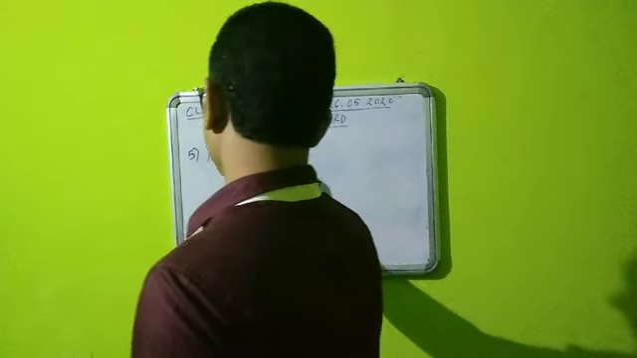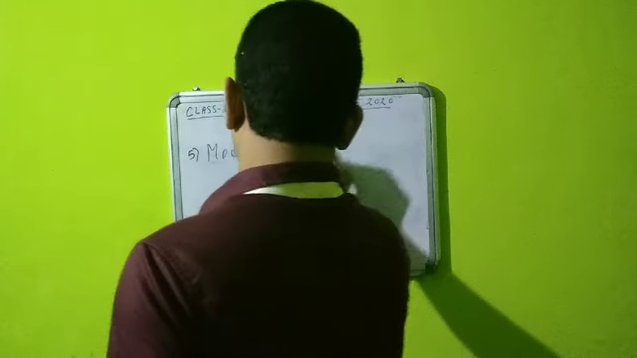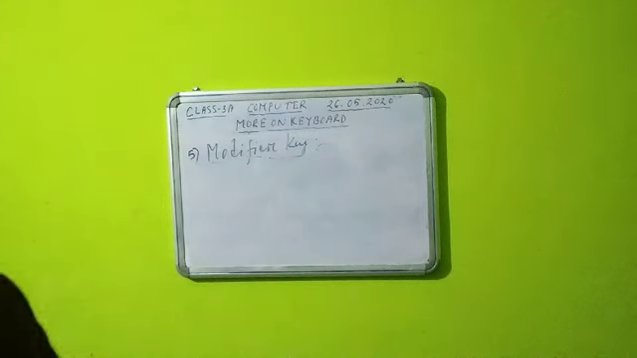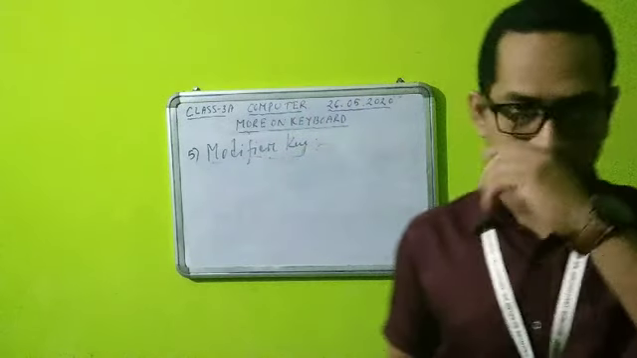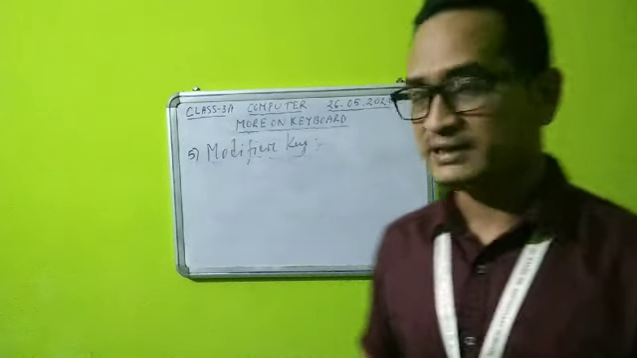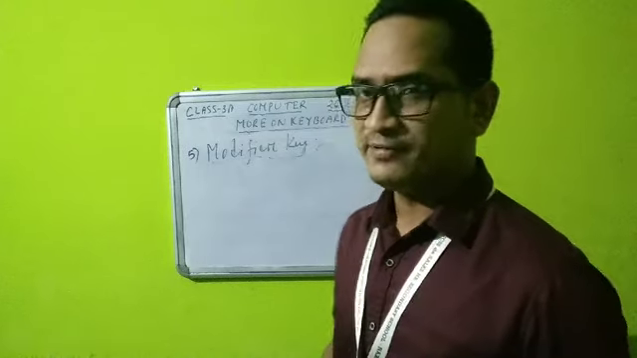And the number 5 is modifier. Now students, modifier means what? The word is modify. That means whatever it is, you can do something else from that. That is called modifier. So what we can say, there are 3 basic keys for modifier key, and these 3